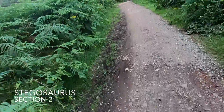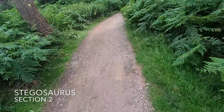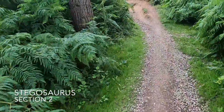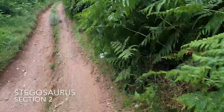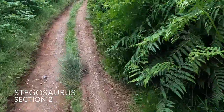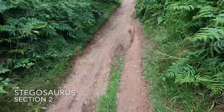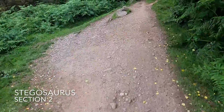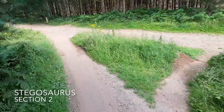You'll see here that I take the course to the right-hand side. Now, this is my preferred course, and here it is. So I'm going up this, but it's very narrow. Even though the camera's given the appearance of it being really, really narrow, it's actually wide enough to ride on. And then coming out of there, still climbing a little bit, we're going to come out into the end of